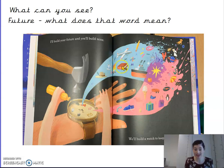Have a look at what's inside it. I can see a plane and a pencil and a hat, some fire. And in the pink one, you've got an ice cream and a toy penguin and some music and a present. Whose do you think is whose? What do you reckon? I think that this pink one with the toys in the ice cream is probably the